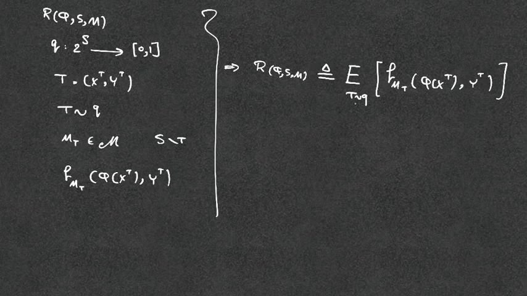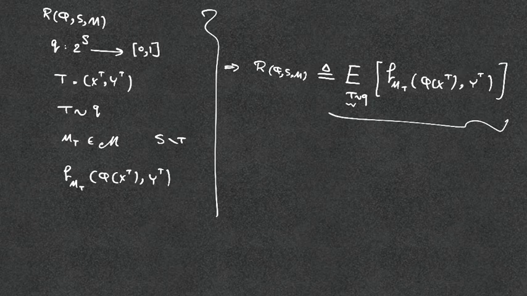So by randomly sampling this subset and then computing this overall average, they define the value of the representation bias of phi in S with respect to M. This still has the problem of being combinatorially difficult because you have to look at a large number of T's. In order for these modelings to be computationally tractable, they want to shift the focus on examples instead